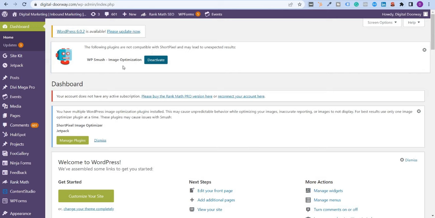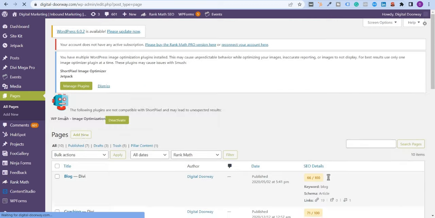WordPress website. Now if you're having a non-WordPress website like Drupal or Joomla, then you need to go to your web developer and ask him to create an HTML sitemap. He will do that for you. But if you're using a WordPress website, you can take things in your own hand because you have complete control in WordPress websites. What I'm going to do first is I'm going to go to pages, and I will create